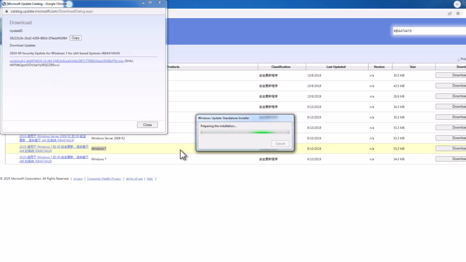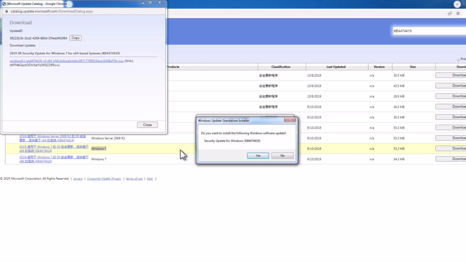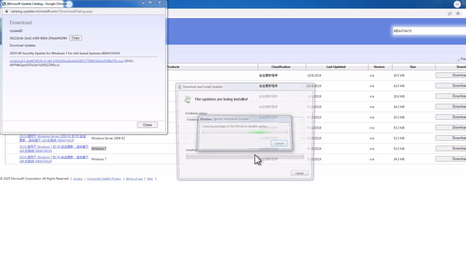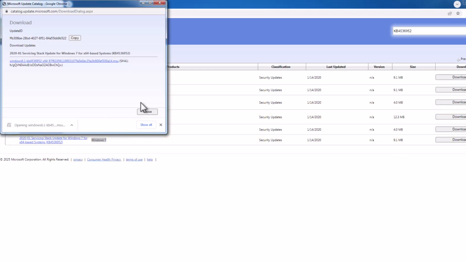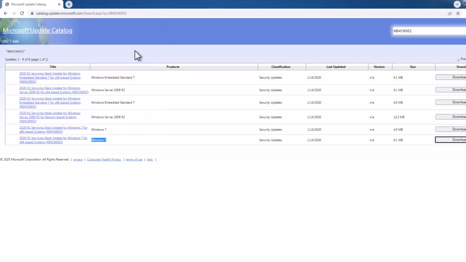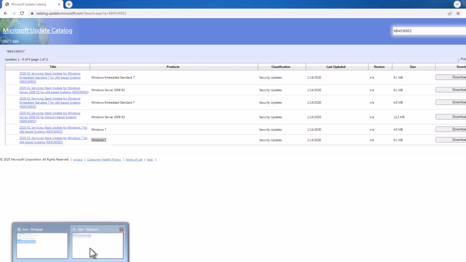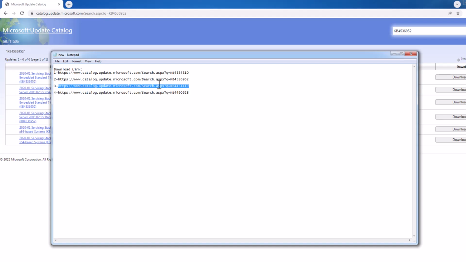After the download is done, you just need to click on it and install it. Select the yes option to install it. After the installation is done, just close this. And if you get a pop-up to restart your PC, restart it. After that, select the third link and